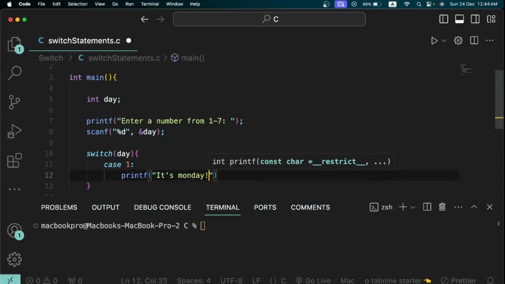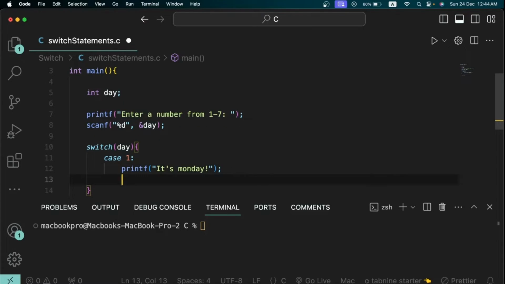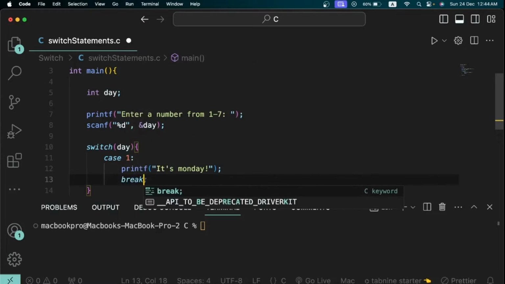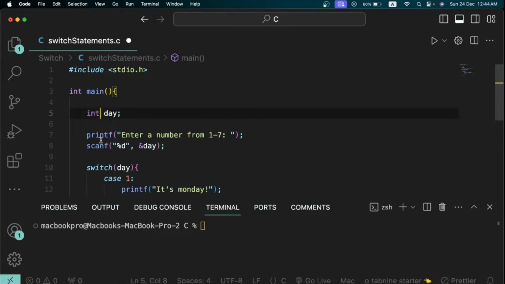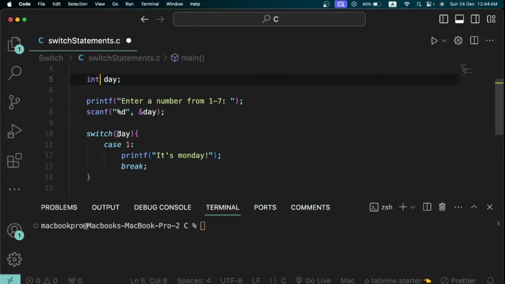and then I'm just going to put a semicolon there, and I'm going to pass in another keyword called break. What break means is that we just want to break out of the switch case. We want to stop entirely and leave the switch case. That's what break means. So the user just enters a number, and then we're trying to compare that number which was stored in